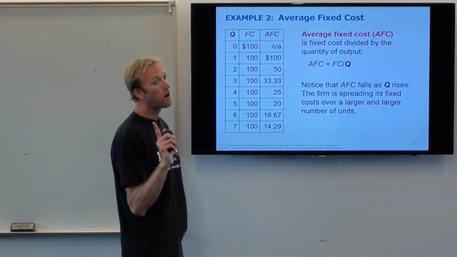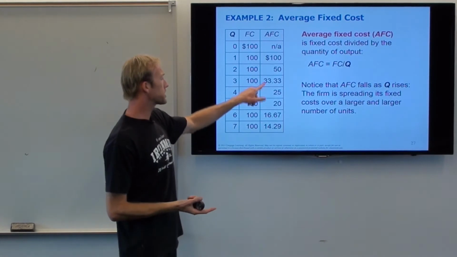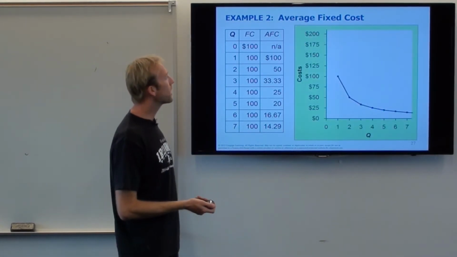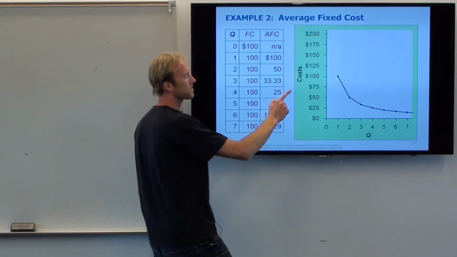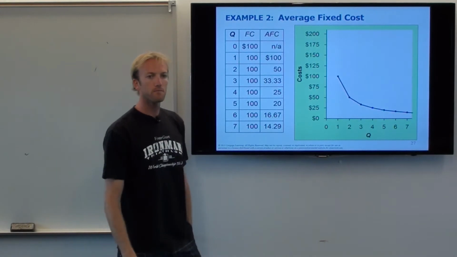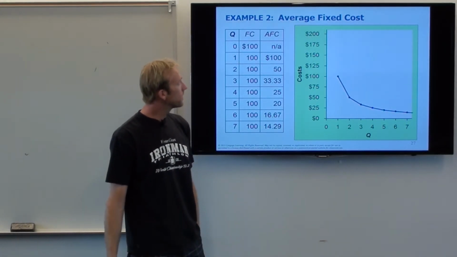But that's not the only cost that there is, okay? Otherwise, if this was the only cost, you'd be like, just keep producing. The more you produce, the lower your costs are going to be, right? But this is not the only cost. Before I talk about the next cost, though, to graph it, it just looks like this, right? It goes down, okay? And it's always going down.